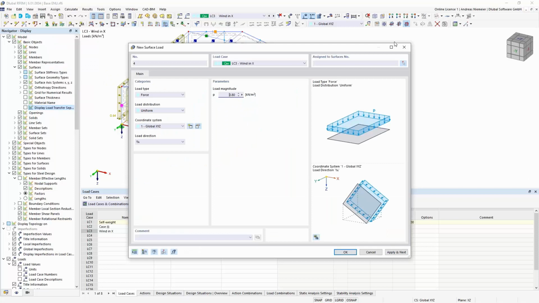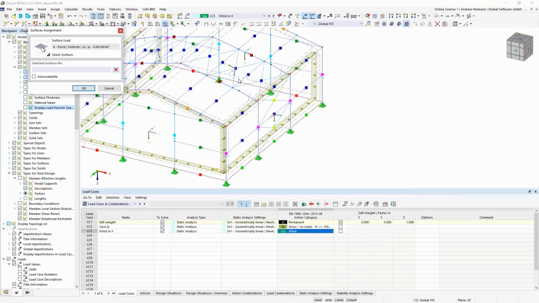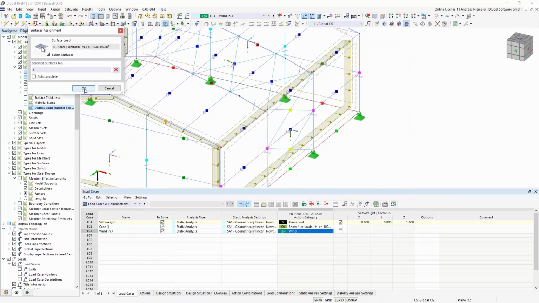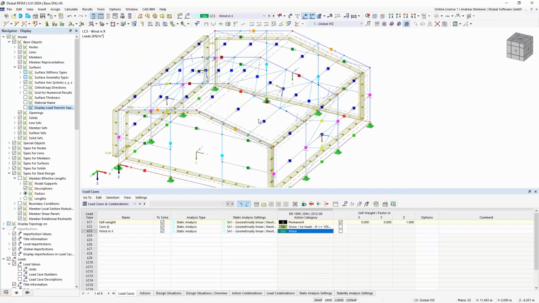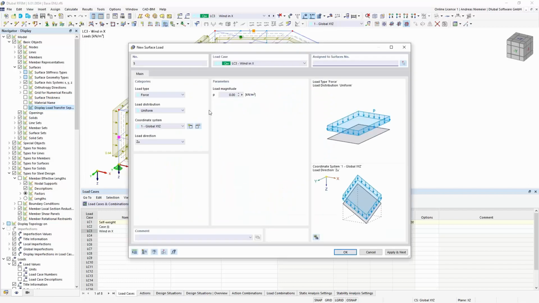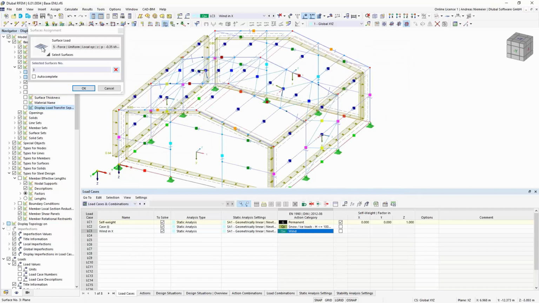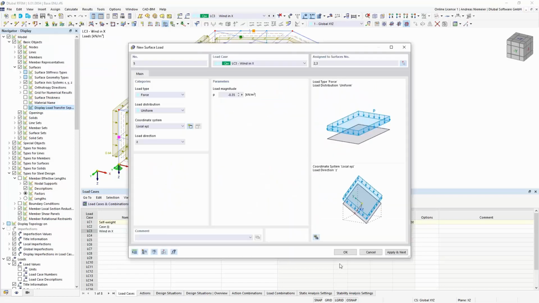And now the back wall with minus, and define it in this direction. Of course I know that we have a load skin on it, but for presentation I would say it's enough. Now we have maybe also a suction on the roof, so I use here minus 0.35 and place it on these 2 roof surfaces.